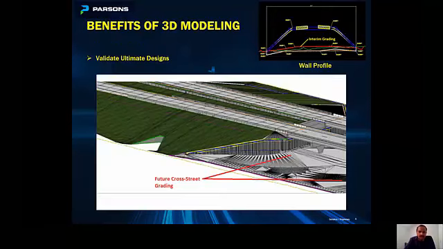This is another location where we had a cross street in the future, but we had to grade this area for the interim condition to make sure that there would not be any drainage issues and ponding issues. And we graded this area in such a way that all the water would drain to the nearest culverts. And then as you can see in the profile view, we were able to generate and extract some features to set the interim finish grade and bottom of walls, and they would work for the ultimate condition as well.